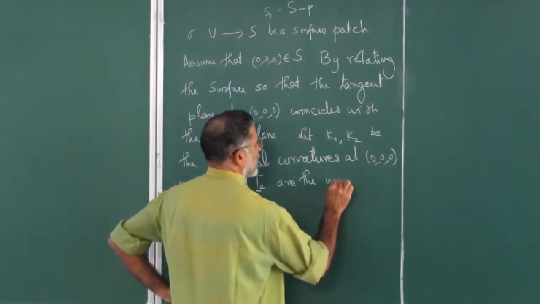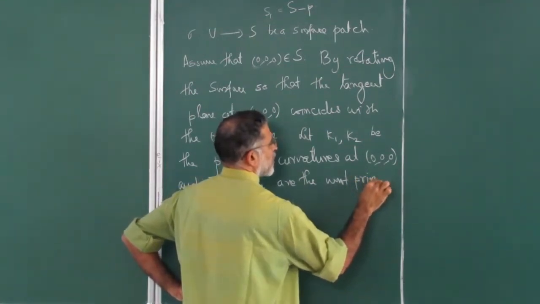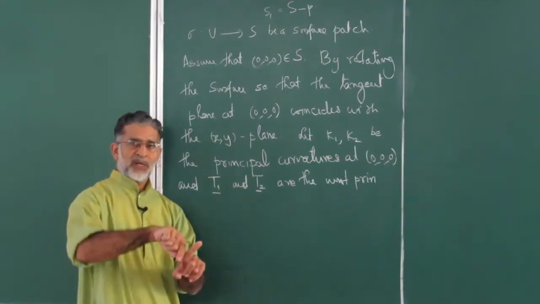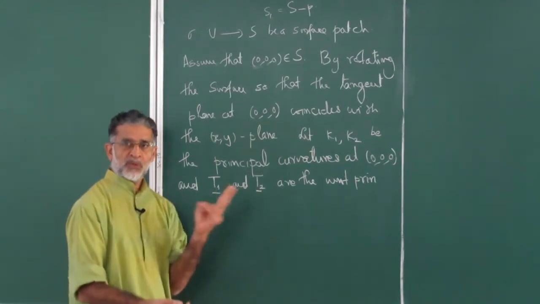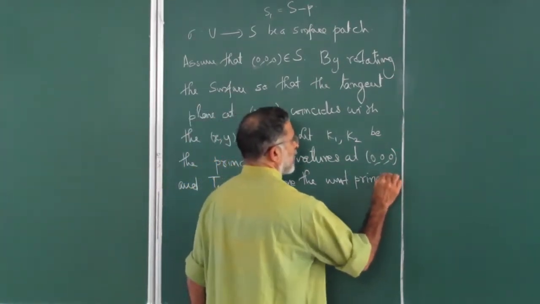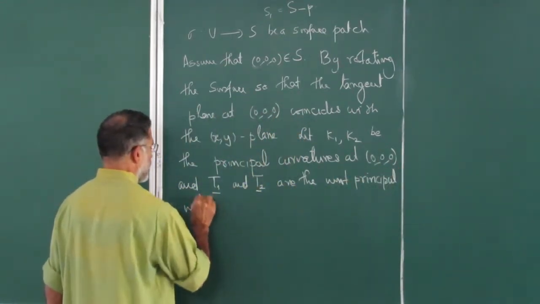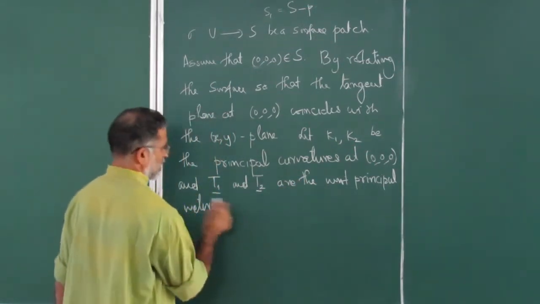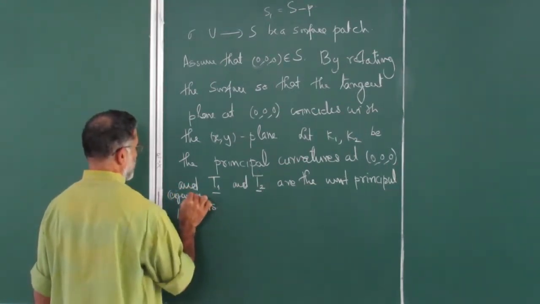They are the unit principal vectors. There are choices, because in both directions you have two unit vectors to choose from. But they are orthogonal to each other, so in each direction you will have two. You can fix any one of them and work with that. Principal vectors, I mean the eigenvectors. That's what is called the principal vectors: unit eigenvectors.